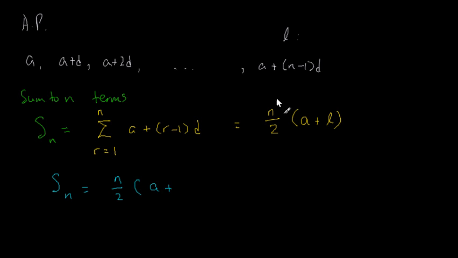A plus L would be this, which is A plus A plus (n minus 1) D. So that's pretty much it, except that I could simplify a little bit more by adding the A to the A. That gives n over 2 times (2A plus (n minus 1)